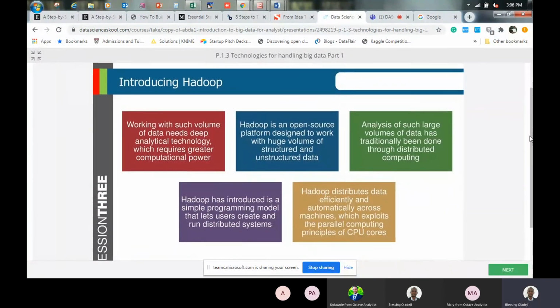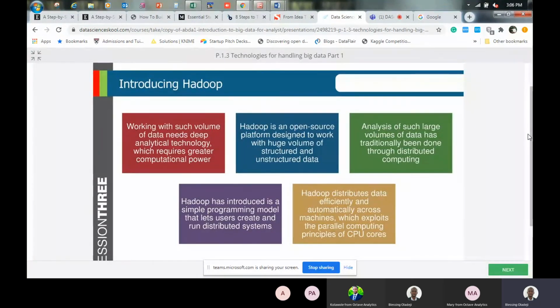So now let's go to the concept of Hadoop technology. Hadoop is something that a lot of you must have heard again and again, and you'll be wondering how does it work? What is the special thing about Hadoop itself? Hadoop is an open source big data framework that is designed to support huge volumes of data that is structured and unstructured. Hadoop is the best fit when the data is unstructured.